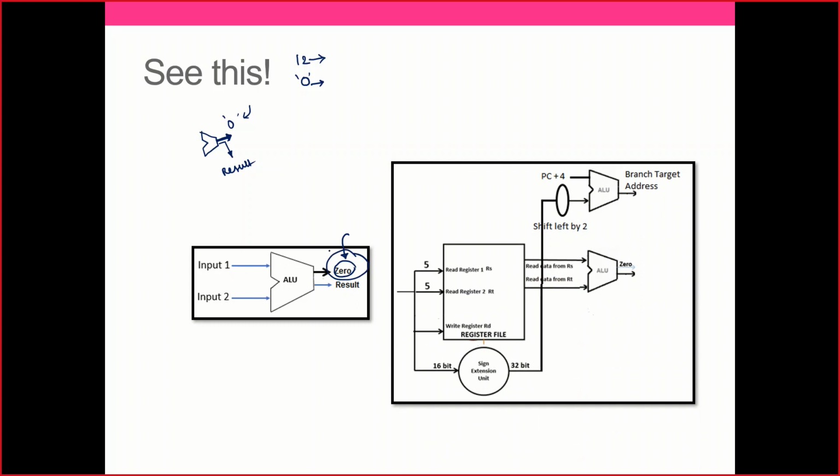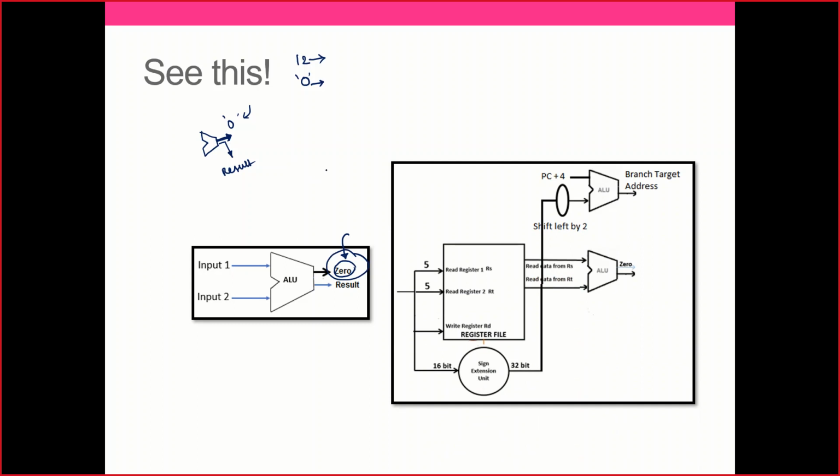If the result is 0, what will I do? I get an intimation out of this saying that the result is 0 right now. Remember, now the ALU can give you some solid output, say like 12, or the result like 0. If it is 0, it gives me an intimation. If it is 12, it can be stored somewhere. That's it. Remember it. I am using 0 here extensively. This 0 is very, very important. That's what you need to understand right now.